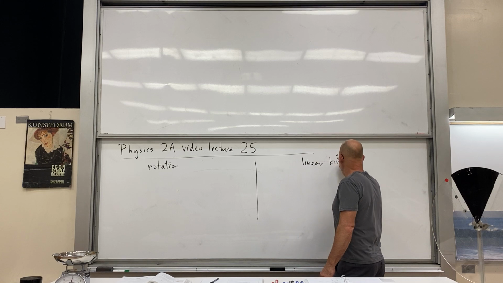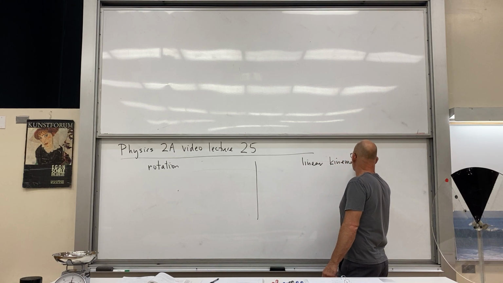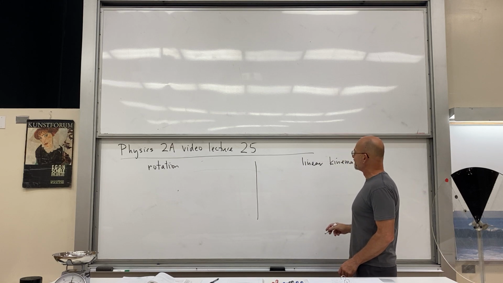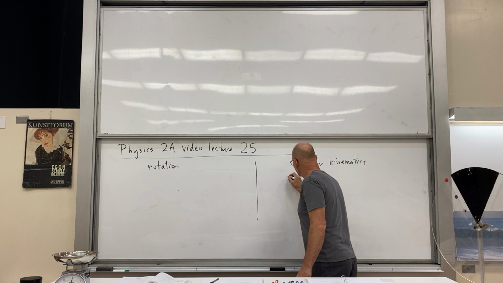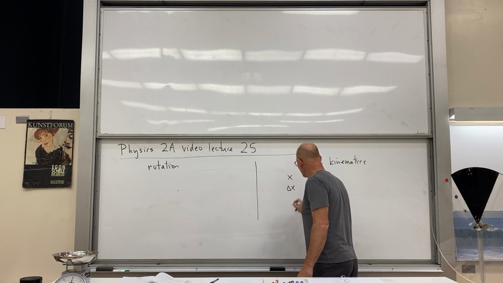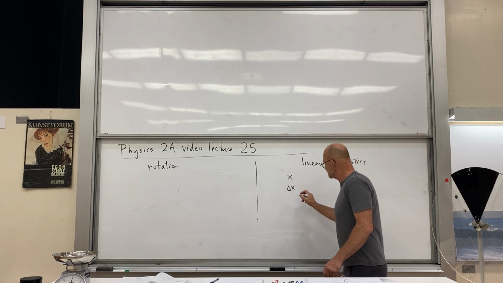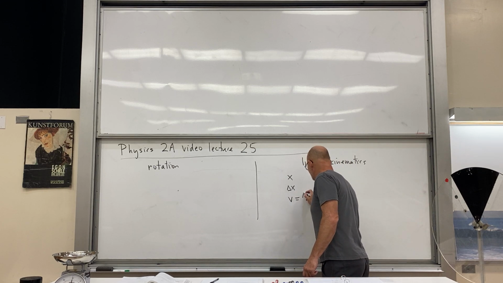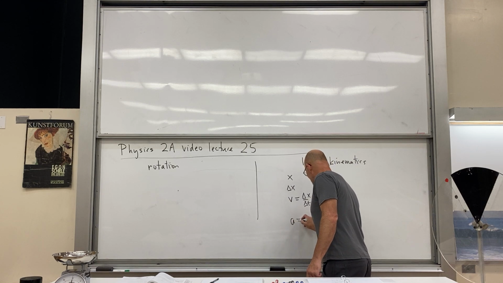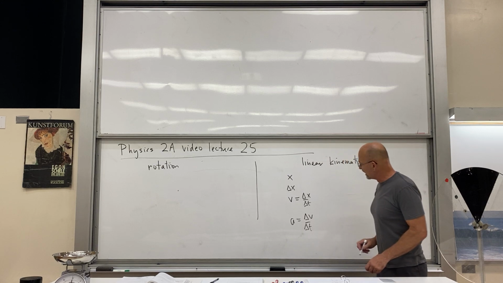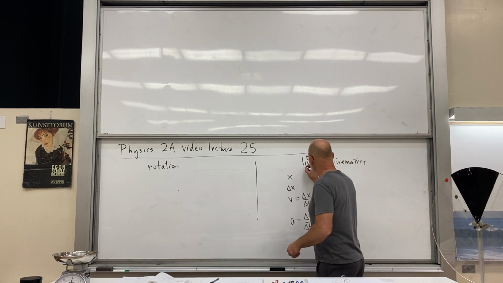Okay, this is linear kinematics. So our linear kinematics, we have position, displacement, velocity is displacement over time, acceleration is the change of velocity over time. And over in the rotational world,